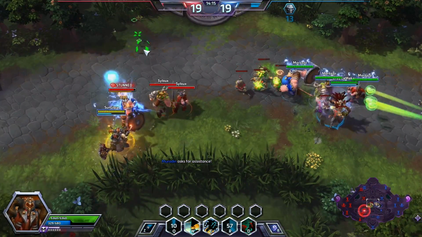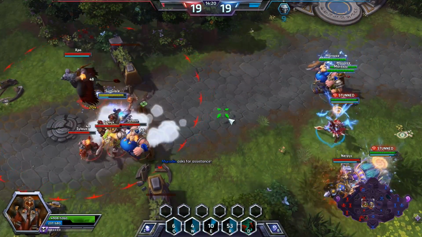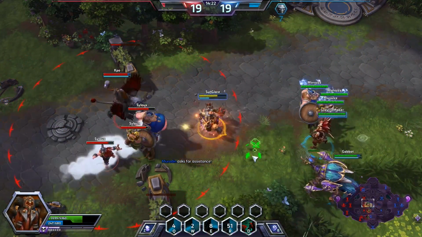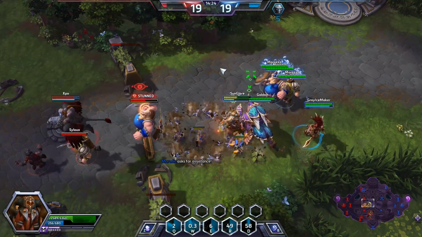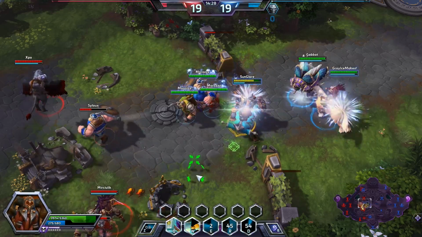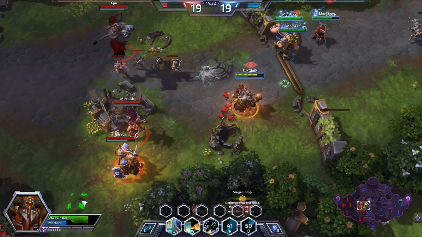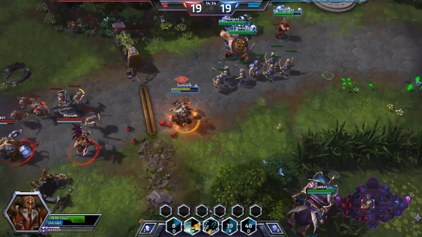Can we lock down some of these Vikings? I can try to get them. They are going to jump. I need to body block them. I'm not going to be able to. I'm going to pop my stone form to heal the damage they are going to do to me. You can see how much self-healing these guys got. I can jump back in and do something to them, but it seems like my team doesn't want to fight